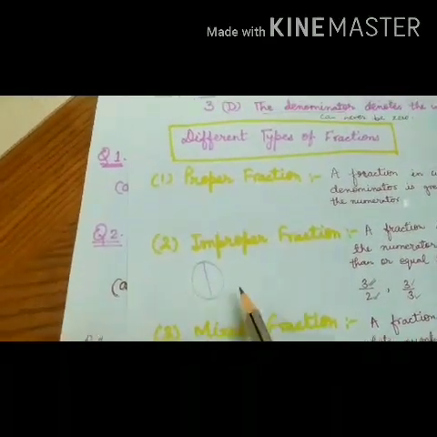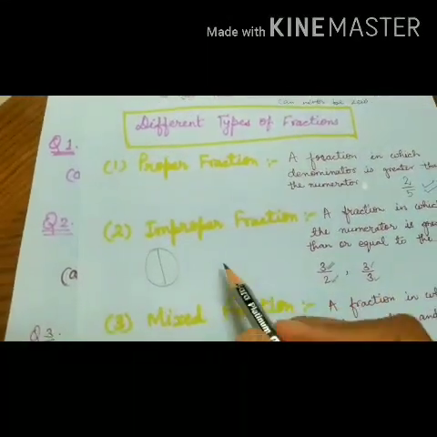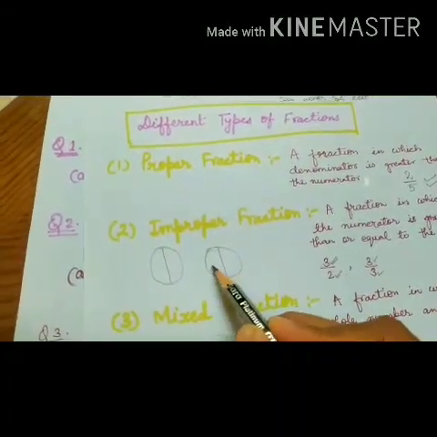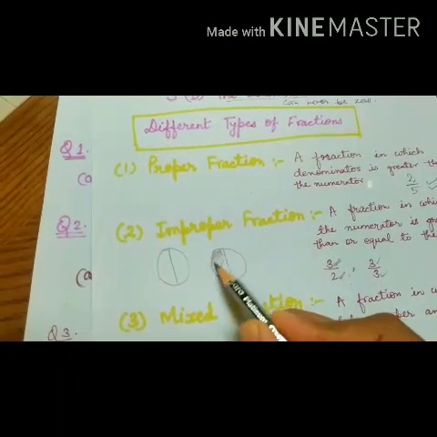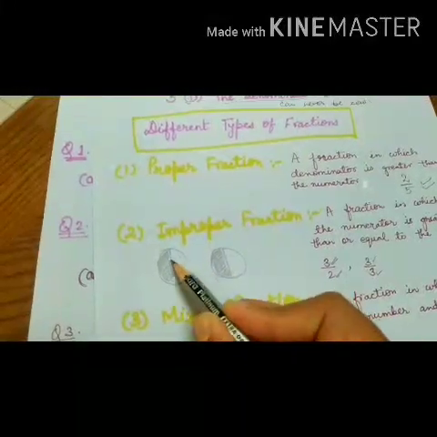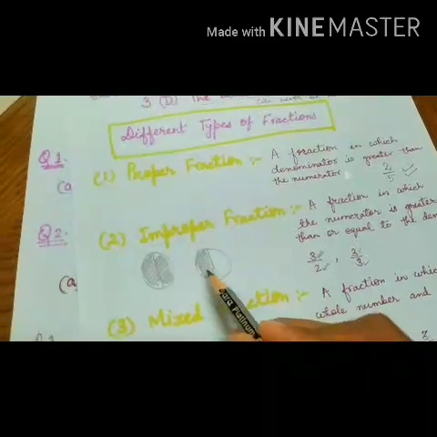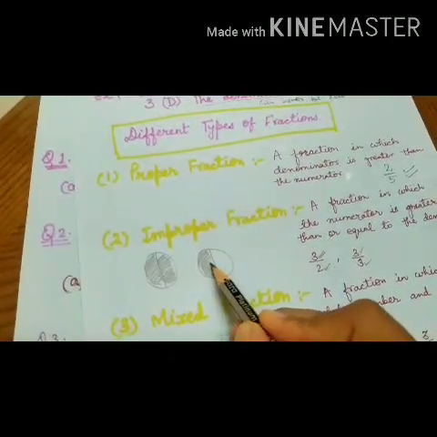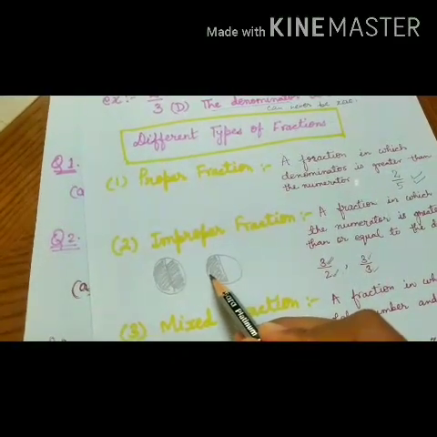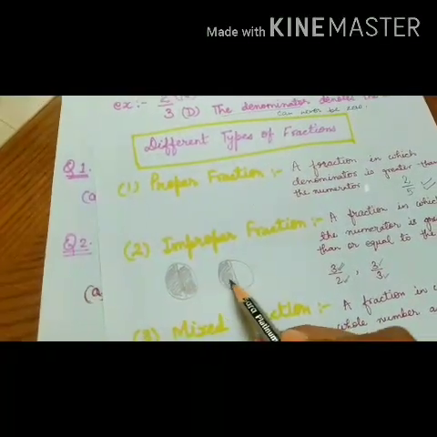Okay, so how can we divide the 2 parts of a pizza into 3? So what will we do? We will bring one more piece of a pizza. Okay, so we have a whole pizza and a part of a pizza. So 1, 2 and 3. It means 3 parts, we are taking 3 parts. Okay, but one whole and one part.